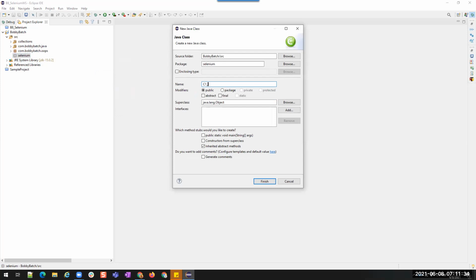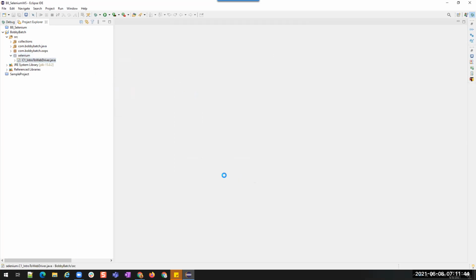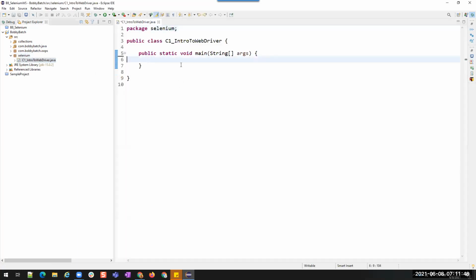This is C1 underscore intro to WebDriver. I need a main method. All right. So now we have a main method. Now we have to run this program. We know how to write some small programs using Java, but we need to open the browser now.